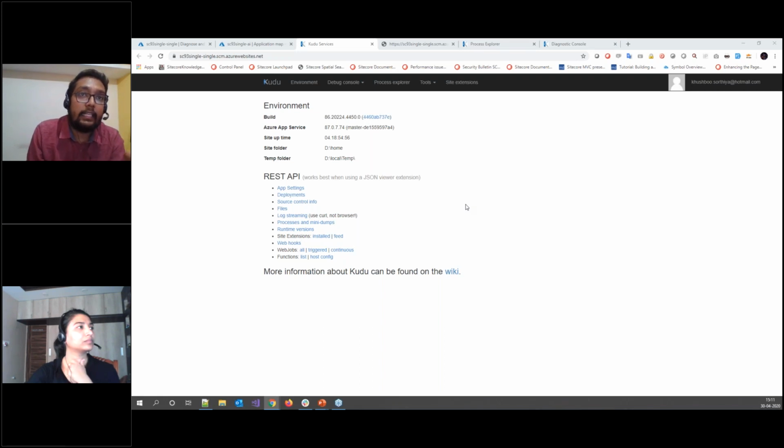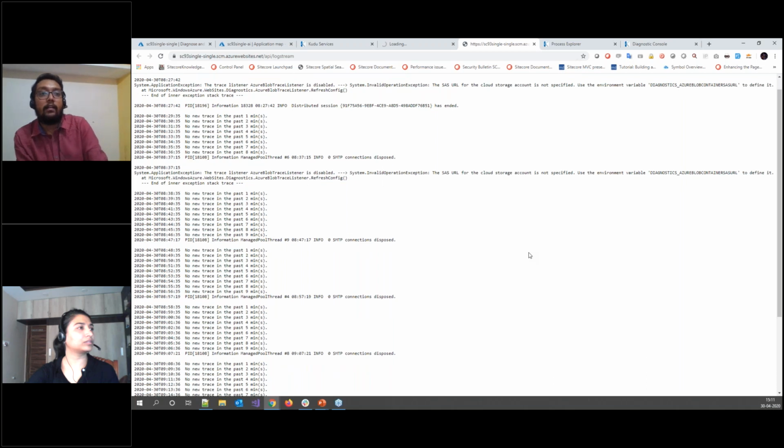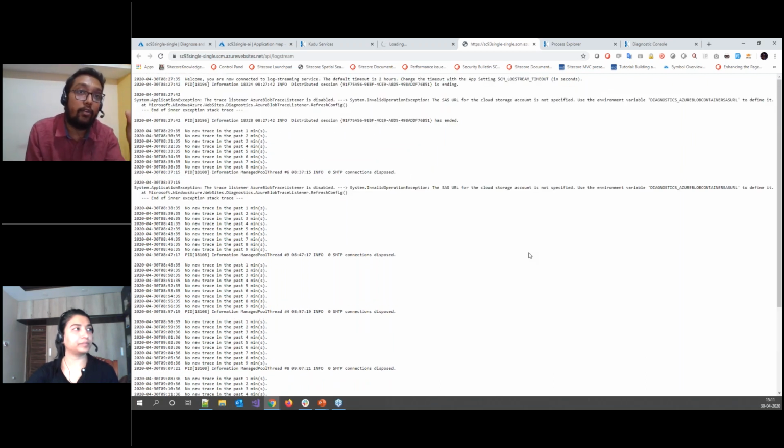Then in this, there is a section for log streaming. If we open the log streaming, it will actually give you real-time logs. For the past 30 minutes or so, we have not performed any major applications or major tasks. So that is why we do not have major errors, but still we have some application related exceptions and some other exceptions which are thrown. So like this, using log streaming, we can browse the real-time logs.